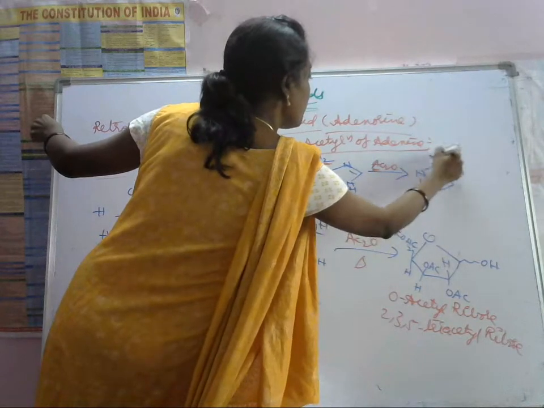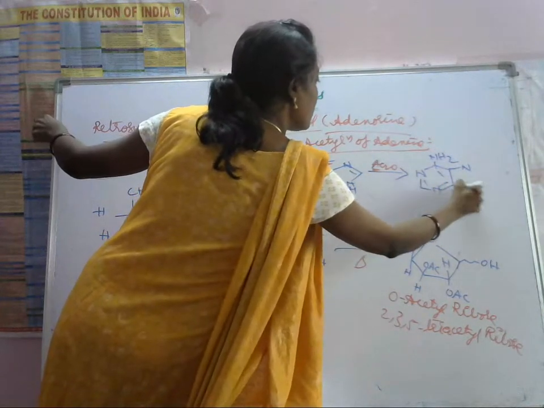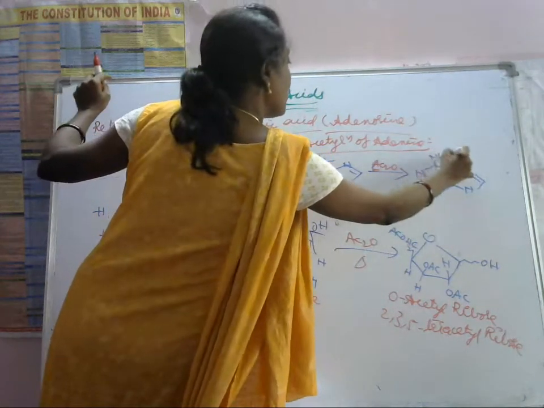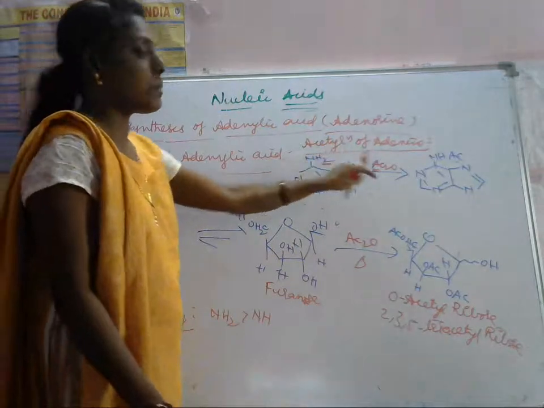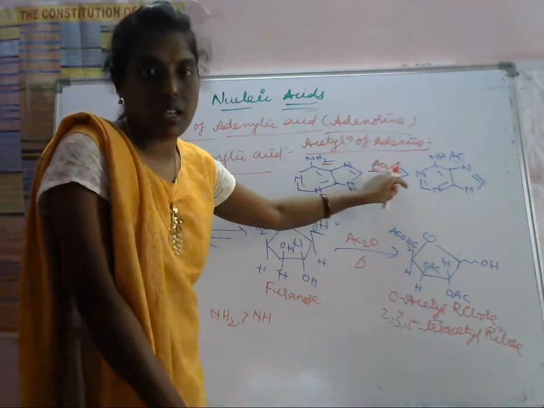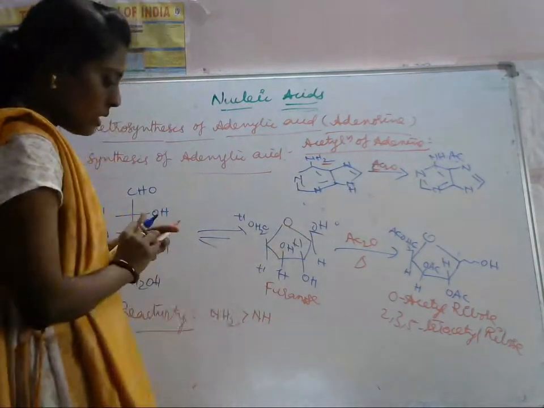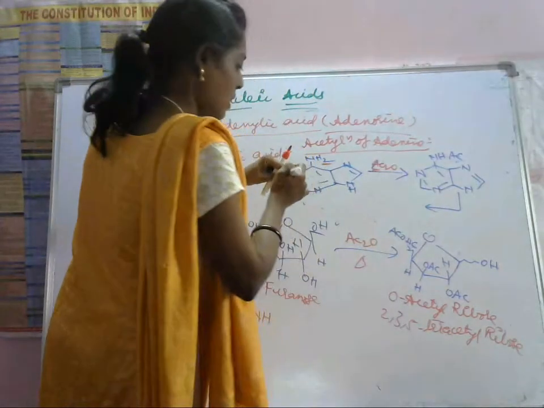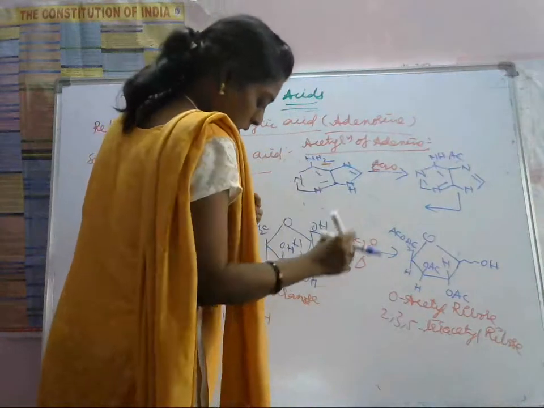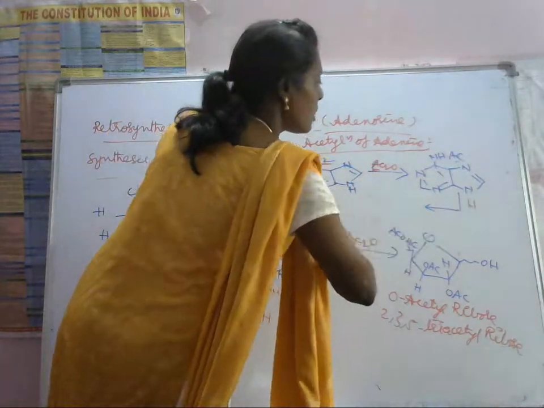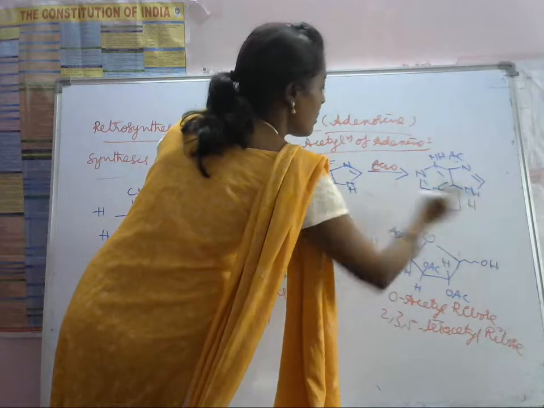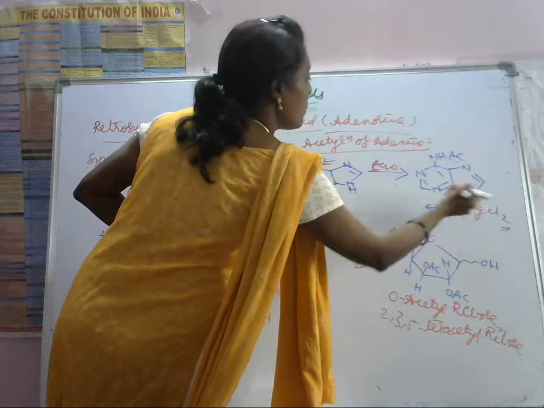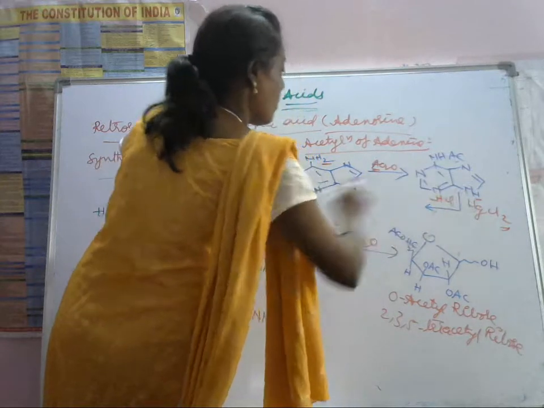Here an NH2 group is there, nitrogen here. Ac means one of the hydrogens is replaced with this acetyl group. Then it is treated with HgCl2. What will happen? One of the Cl and this H will be removed as HCl, and it forms